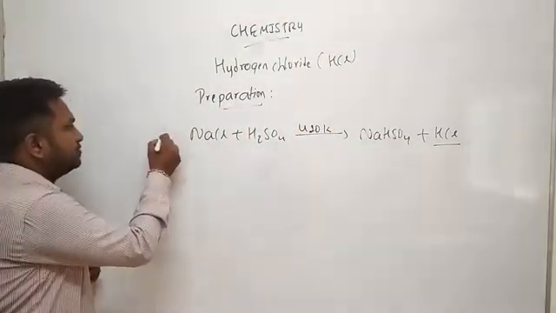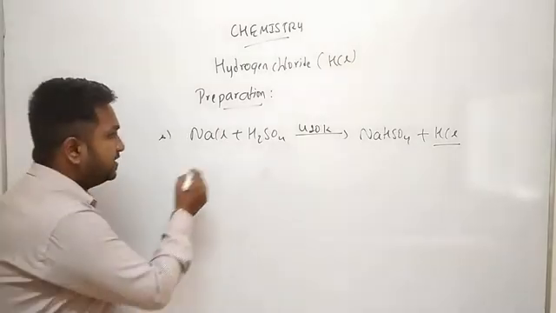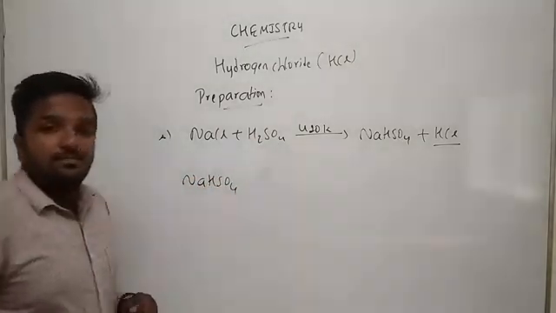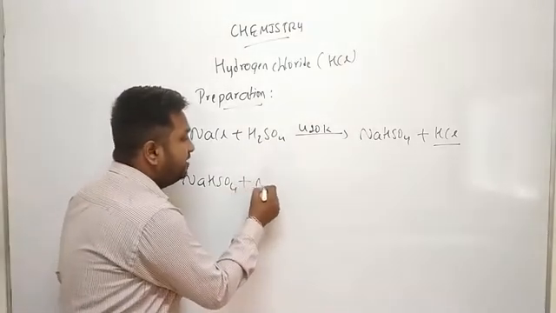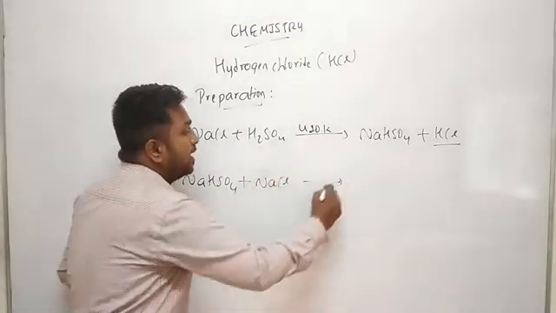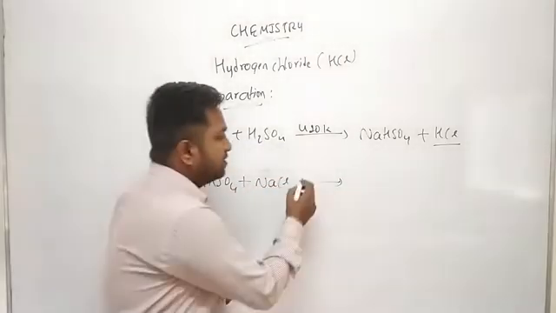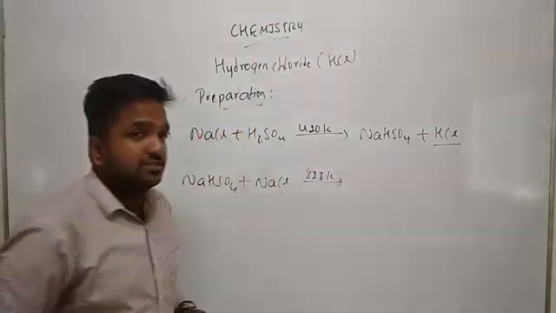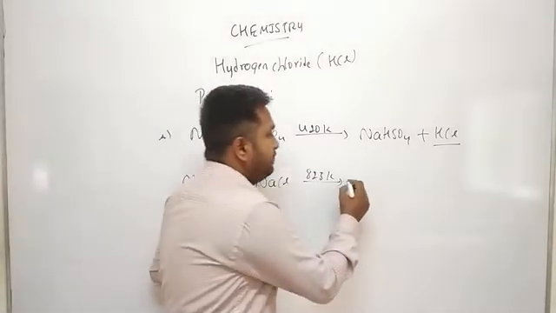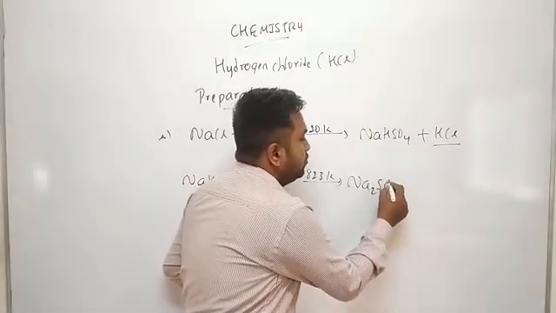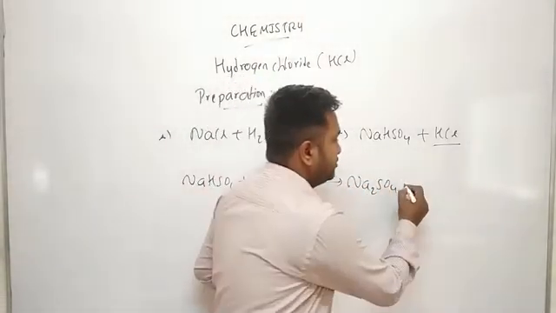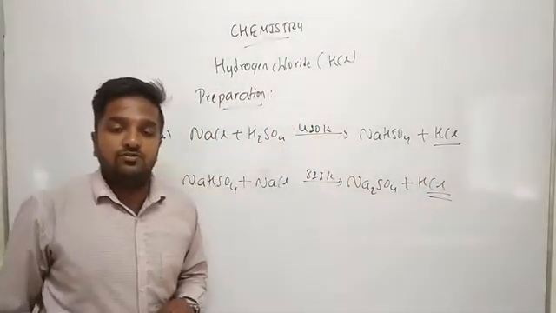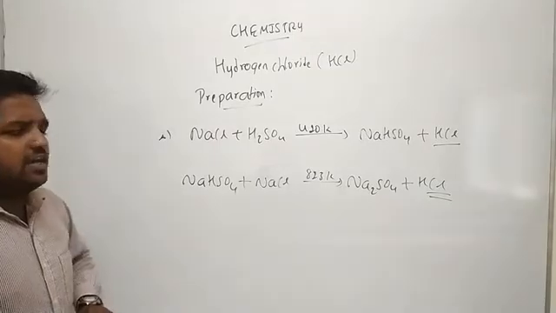And one more reaction we have, that is when this same sodium hydrogen sulfate or sodium bisulfate is treated again with sodium chloride, but now at the temperature of 823 Kelvin, please make note it is 823 Kelvin, it forms sodium sulfate with the liberation of HCl, hydrogen chloride. Clear? So this hydrogen chloride